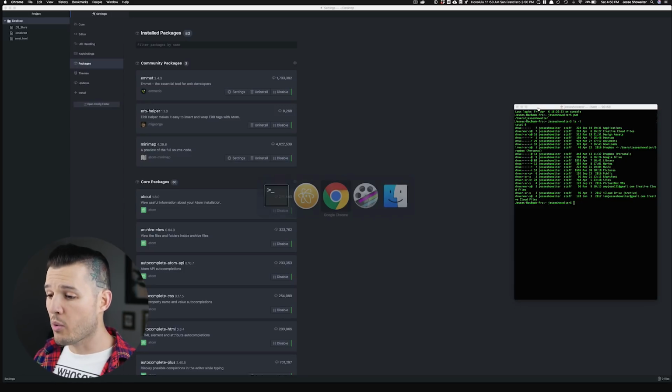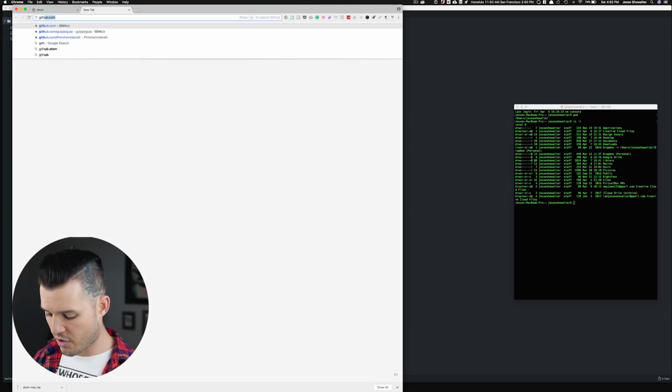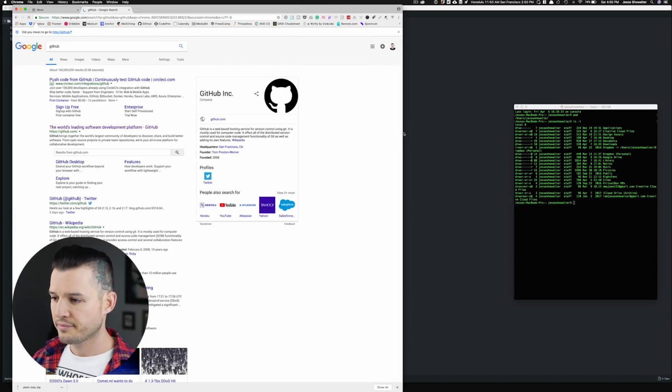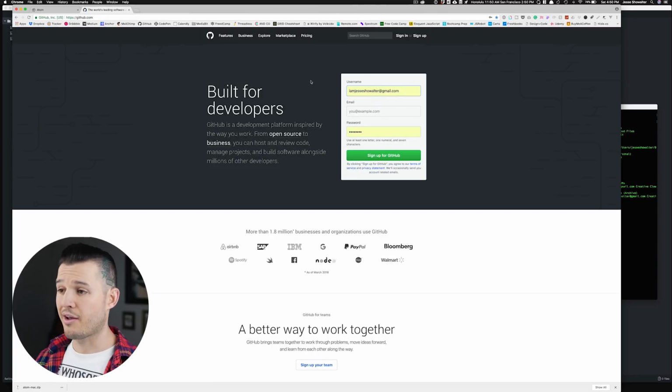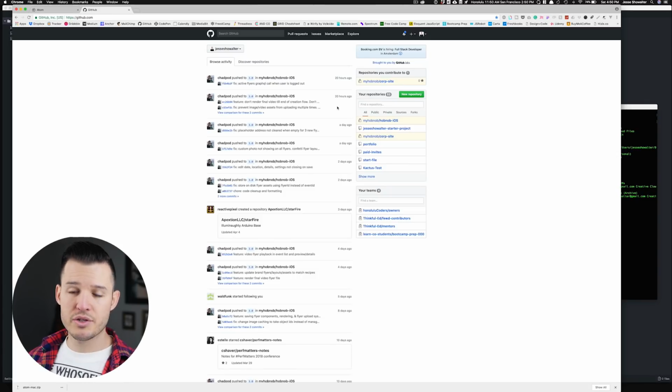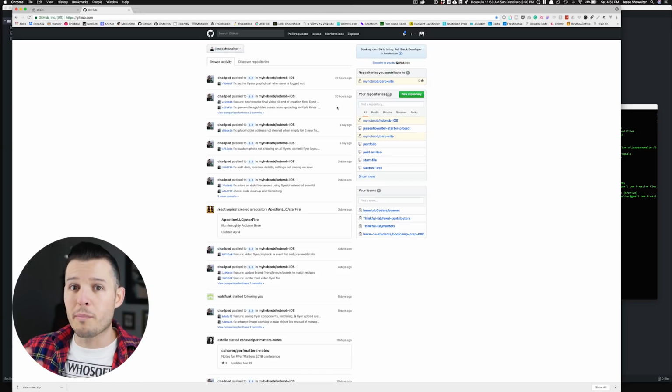But today, all we're really going to be doing is opening up our browser and going to GitHub. And if you don't have an account, you're going to set up an account. I happen to have an account, so I'm going to go ahead and log in. Once you're all logged into GitHub, we're going to want to set up a new repository. If you don't know what a repository is, it's basically a place to store all of your code in one place.